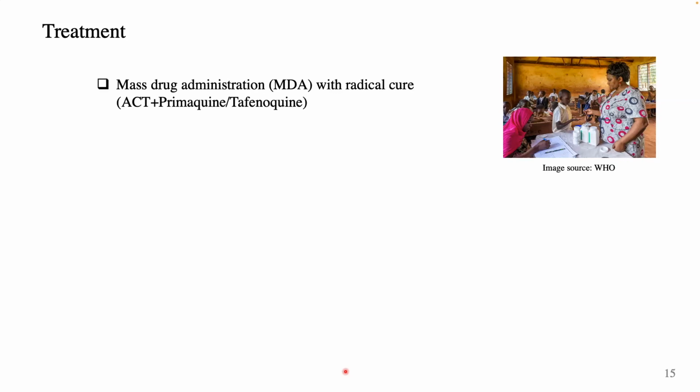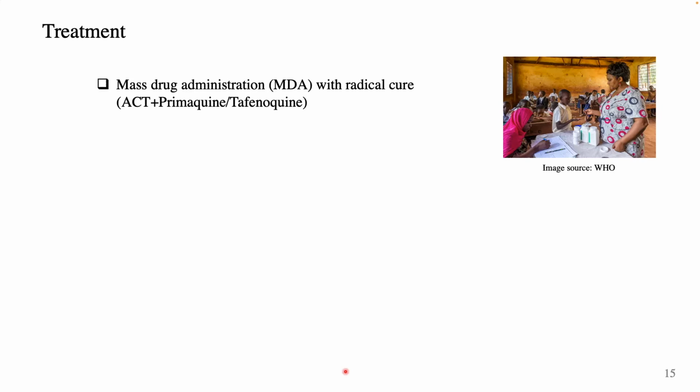Currently it's been proven that not only the liver, but sometimes the spine and even the bone marrow can harbor hypnozoites. So it's very hard to detect individuals who have hypnozoites within the liver. That's why the method is to give the drugs to everyone in a whole community, regardless of